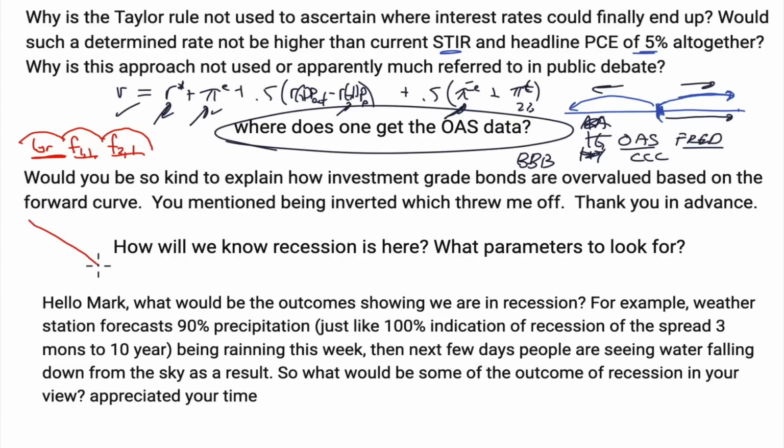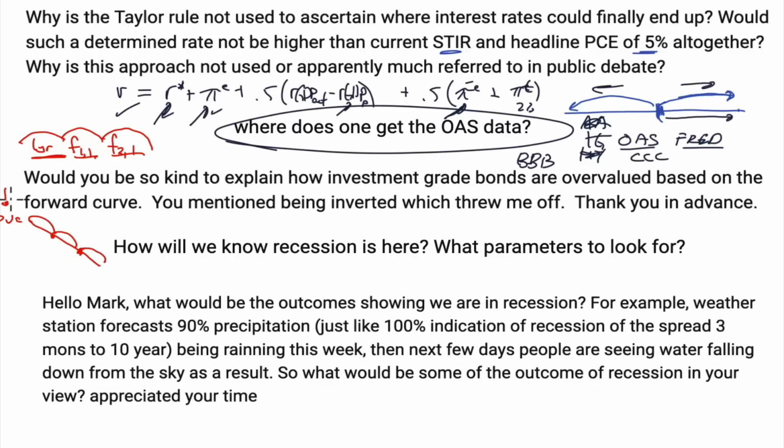While if you have an inverted curve and you're discounting this one back and then your cash flows 3 years to get to a present value, if you feel that the rates in the forward curve are too low, well then they'd have to be discounted at higher rates. You discount at higher rates, you get a lower present value. So unless we have a recession where rates drop significantly, if we have higher for longer, investment grade bonds are overvalued because the forward curve has rates that are significantly lower. The 1 year rate 1 year forward is significantly lower than where the Fed has sort of telegraphed where it would be